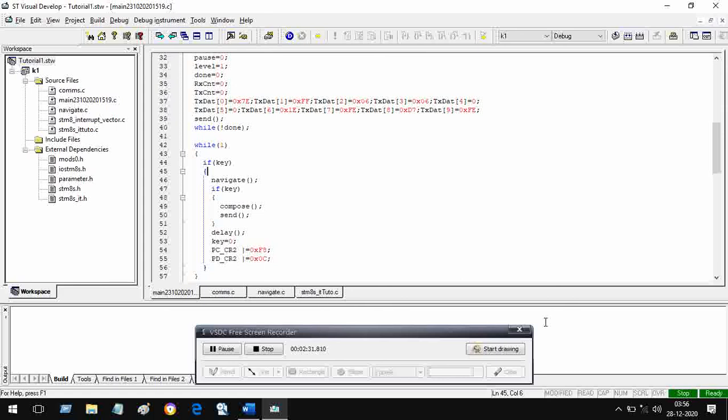So bounce means when you press the key once, the system sees it as there are n number of closures, and so for example, you want to move from lesson 1 to lesson 2, it may take you all the way to lesson 10. It will think that there are 10 bounces, 10 times the key has been pressed. That is the confusion that is created by the bouncing of a key. That should not happen, and so we have to overcome key bounce.